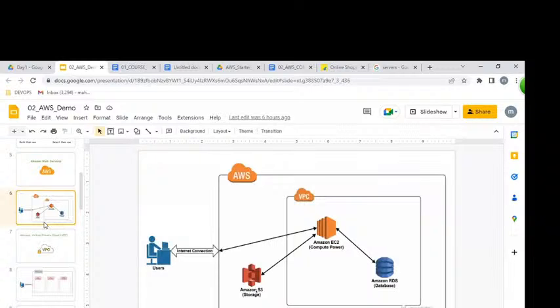For example, S3 bucket is like Google Drive. The way we upload and download files in Google Drive, in the same way with S3 we can store data externally.